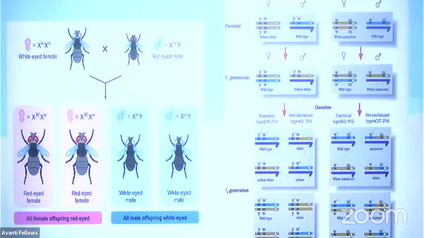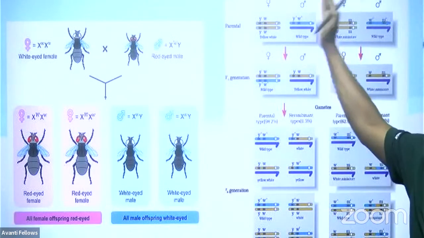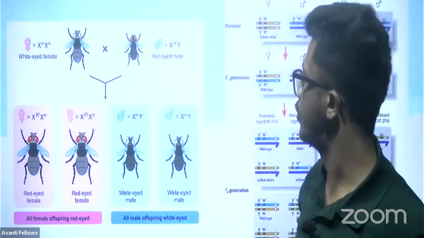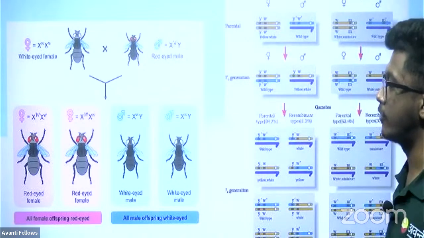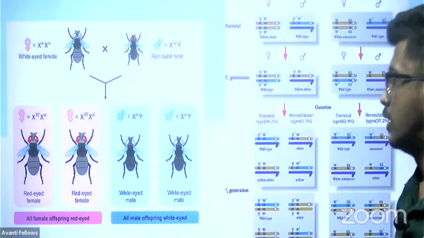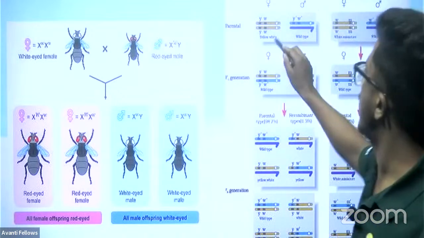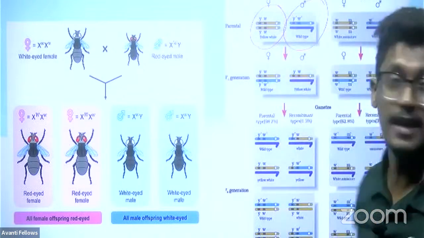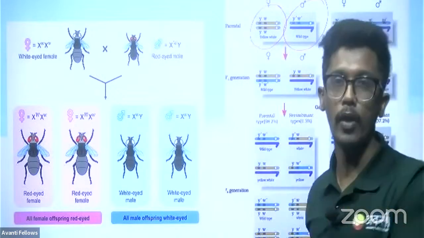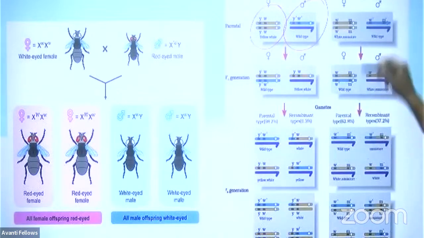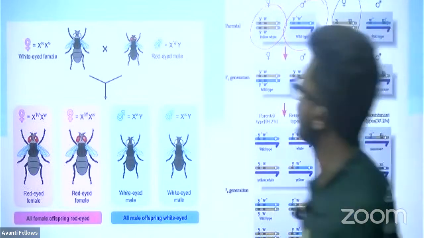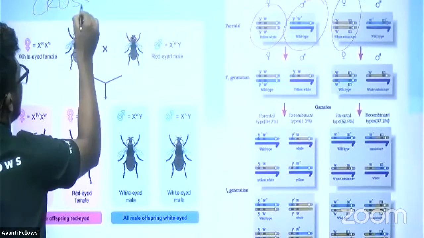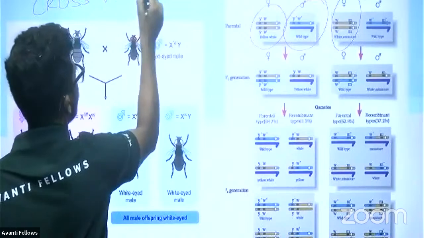Okay. Now, let's see. Look here. I have chosen cross A and I have chosen cross B. In cross A and cross B, I go with two characteristics each. In the first case, I take eye color and body color: a yellow body with white eyes, and a brown body with red eyes. Correct? One is eye color, the other is body color. Next, I take eye color and wing size. So in cross A, I'll write it here, I have eye color,